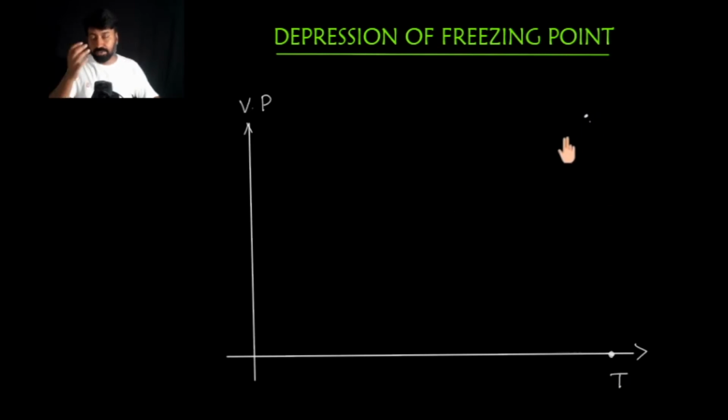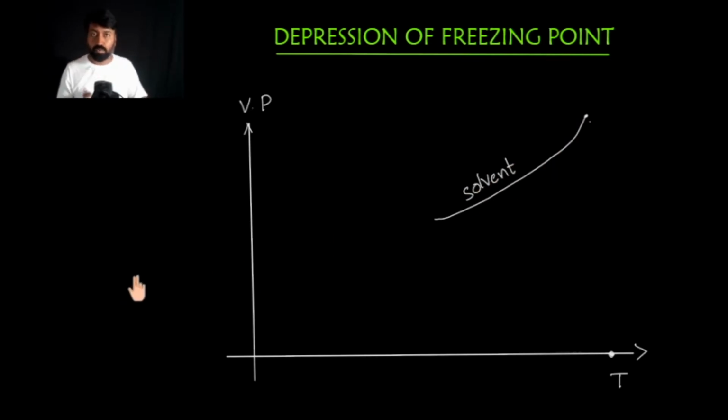As you decrease the temperature, the molecules lose kinetic energy. When molecules lose kinetic energy, the vapor pressure decreases because vaporization also decreases. That should be gradual. So as I decrease the temperature, the vapor pressure decreases like this. It reaches somewhere here. This is about the solvent. Let me write here, solvent.